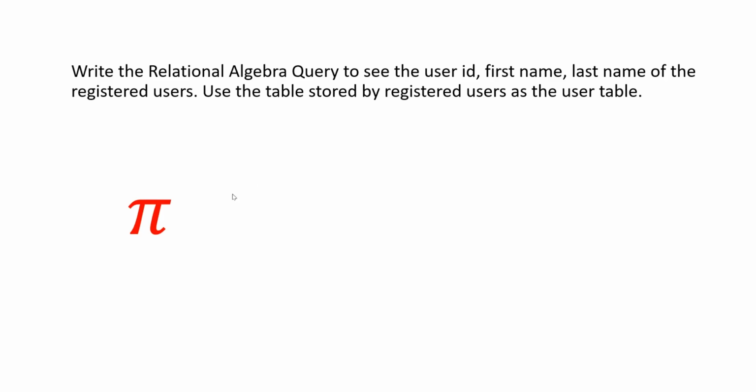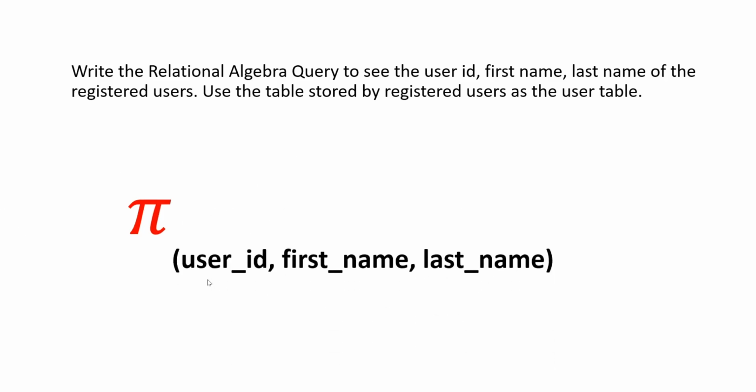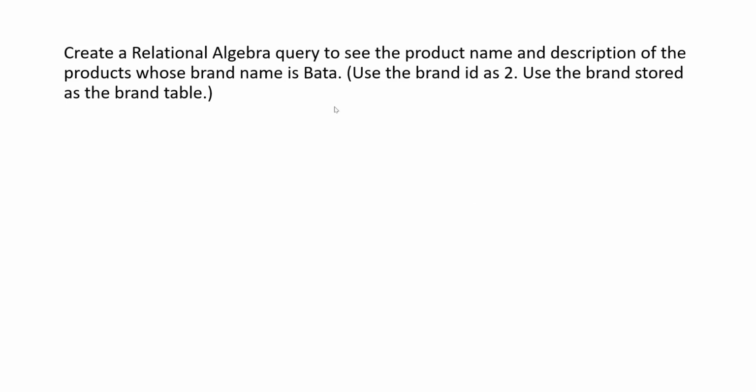So you can see here we have given the projection operator, and then we have given the conditions: user ID, first name and last name. These are the data we want. And then you can see here we have given the table name as user. So guys, this is the relational algebra query for the third question. And if we see the fourth one, create a relational algebra query to see the product name and description of